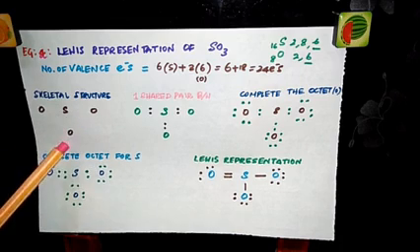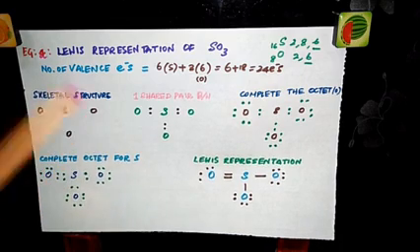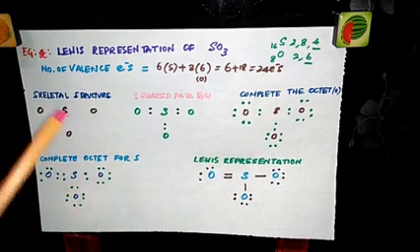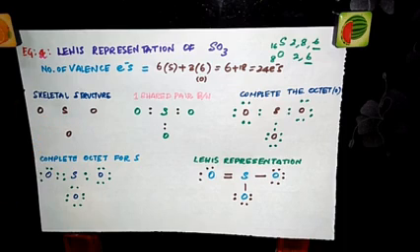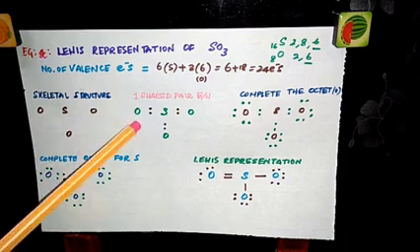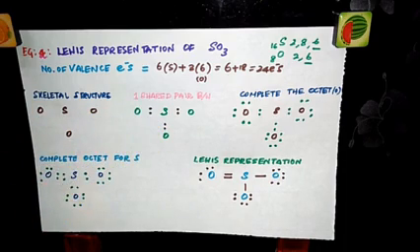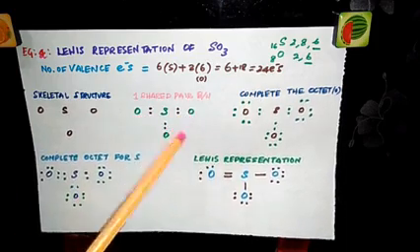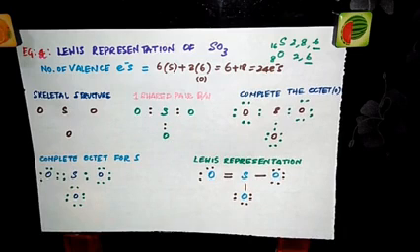Now draw the skeletal structure. This is the skeletal structure. While drawing the skeletal structure, remember I told you the least electronegative atom will be the central atom, and put the others around it. Now put one shared pair of electrons between sulfur and oxygen. One pair here, one pair here, and one pair here. So I'm putting one shared pair of electrons.